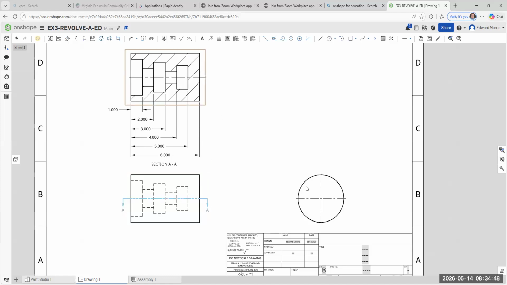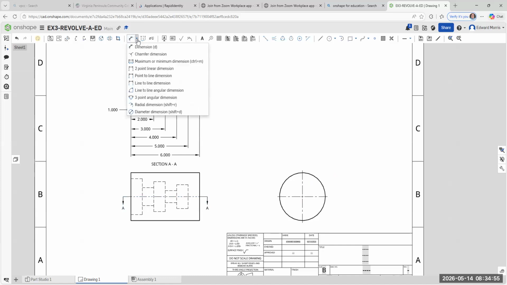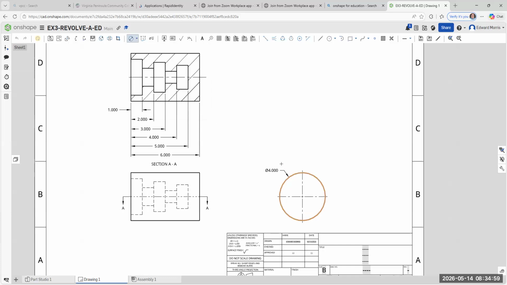We could put it here, we could put it here, but I'd rather put it over here. All right. So if you come in here, remember we have to go to the diameter tool right here, click here, and